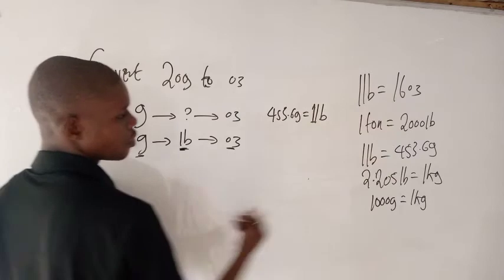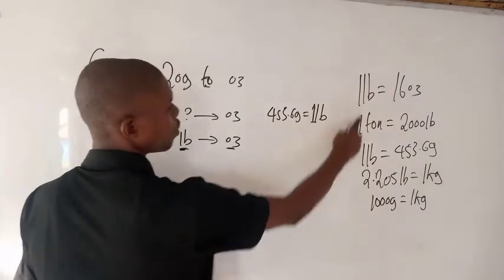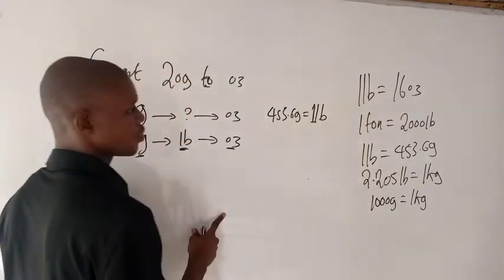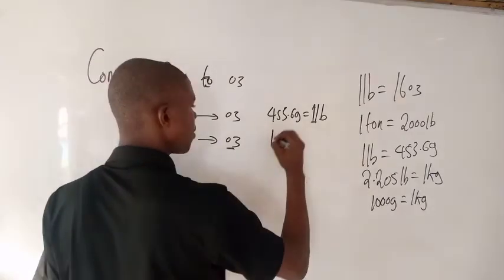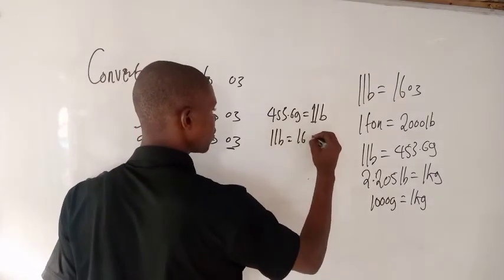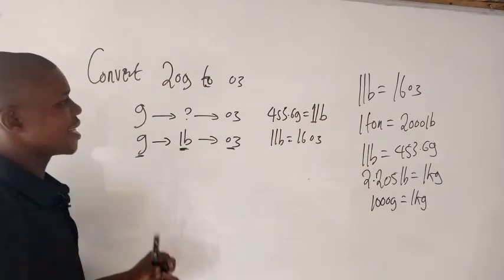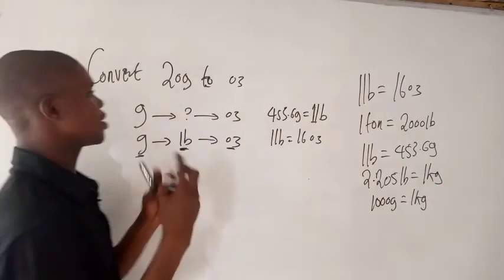Here we have 1 pound equals what? 16 what? Ounce. Do you get that? So it's going to be what? 1 pound equals 16 ounce. So it is saying that when a question is given to you like this and there's no direct relationship